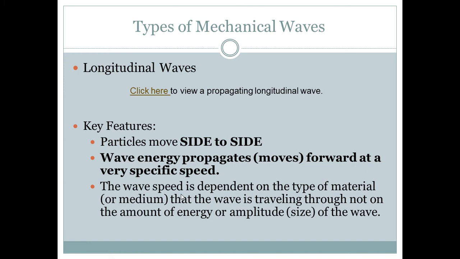If you look at a water wave in water, the speed at which waves move, no matter how much energy they have, is always the same for the particular lake, the temperature, the amount of salt that's in the water, the amount of particulate matter, whatever the case may be. It will always move at that very, very specific speed. It doesn't change no matter what.